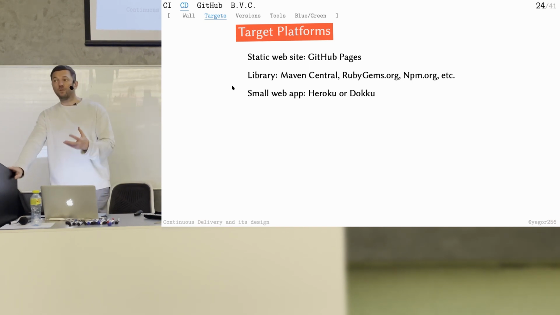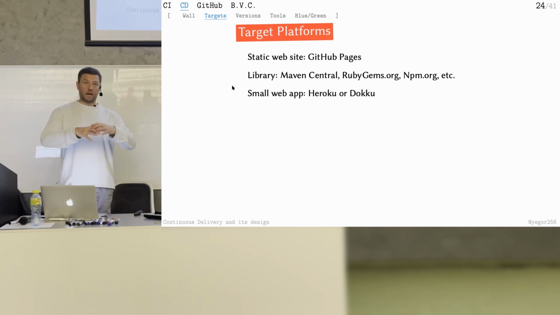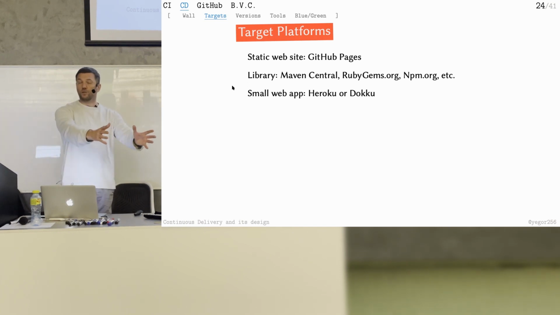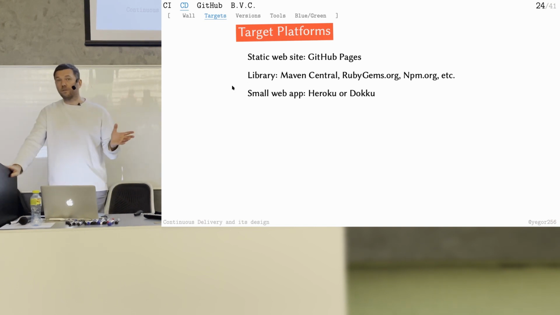So Heroku gives you the automation. The deployment to Heroku is one command line, git push. So you basically have the repository, you keep all your files locally, then you do git commit and then git push, and the connection is made to Heroku. You push all the sources to Heroku. Heroku understands what the programming language is, makes the build, starts the server for you, and runs your application. The full magic happens right there on the server. It's a really powerful platform, but very expensive.